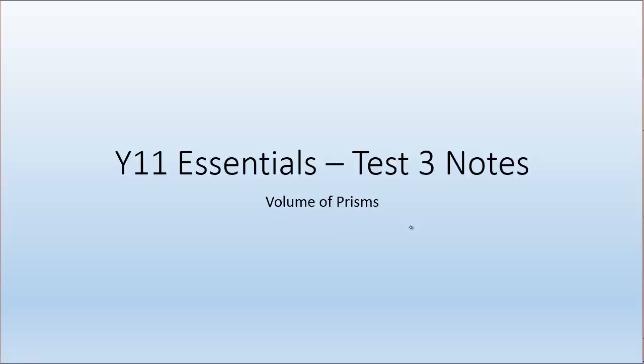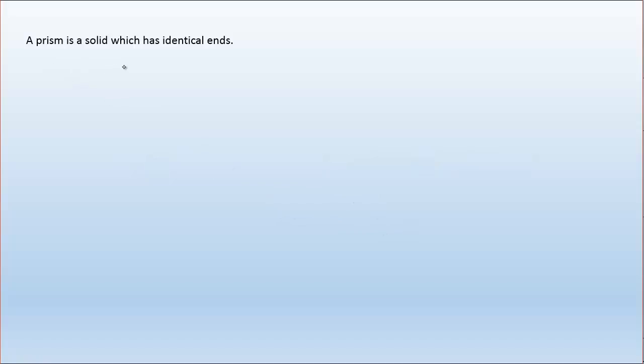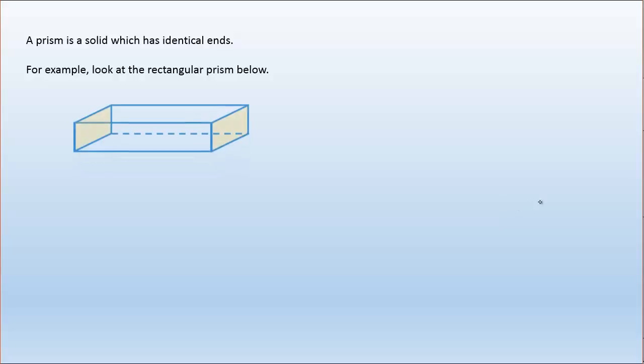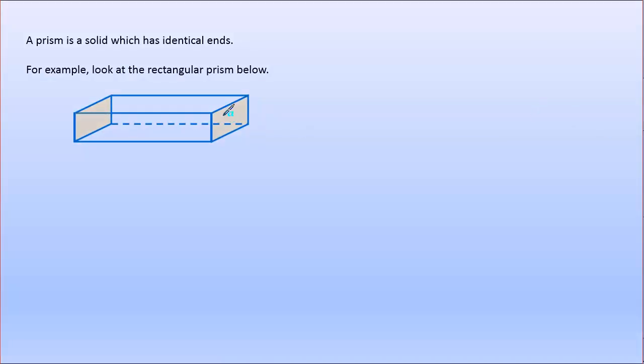Volume of prisms. A prism is a solid which has identical ends. For example, look at the rectangular prism below. We can see that the ends here are identical. A rectangular prism is an interesting one because if we'd taken the top as the end, the bottom would be